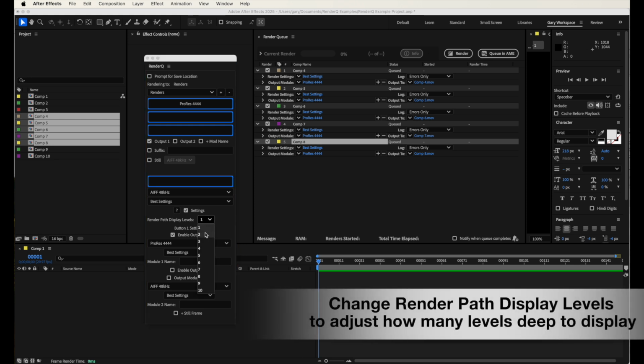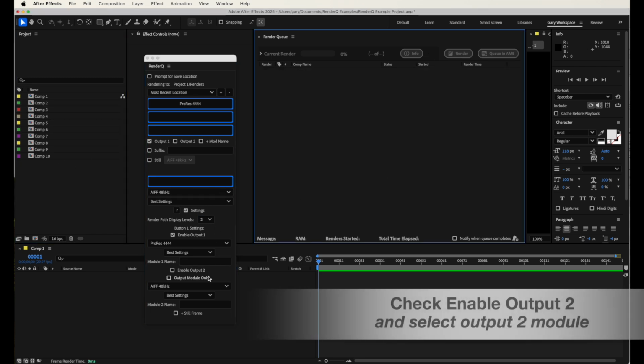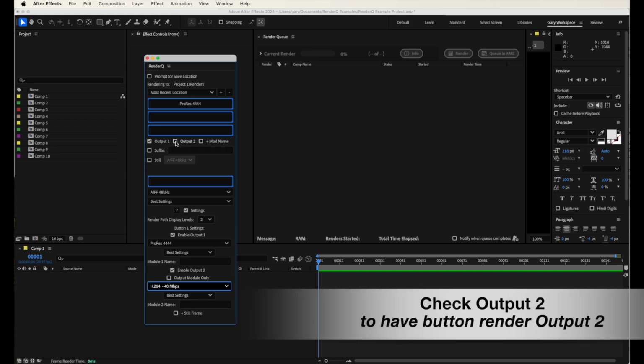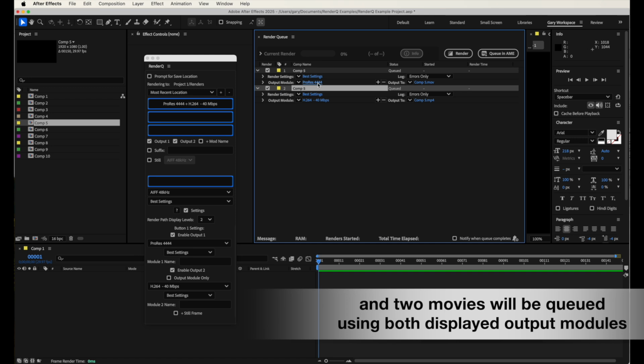Back down in the settings is the render path display levels. Select how many levels deep you want to display your render path. Now to select another output module to use with button 1, go down and check Enable Output 2 and select your Output 2 module. Then select the Output 2 checkbox and both codecs will appear on the Render 1 button. And then just like that, when you select a comp and hit the button, it'll render off 2 different movies